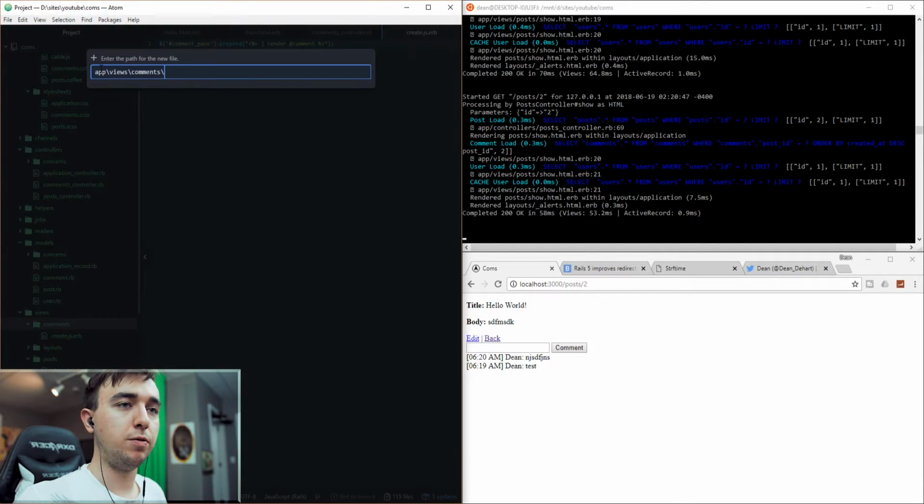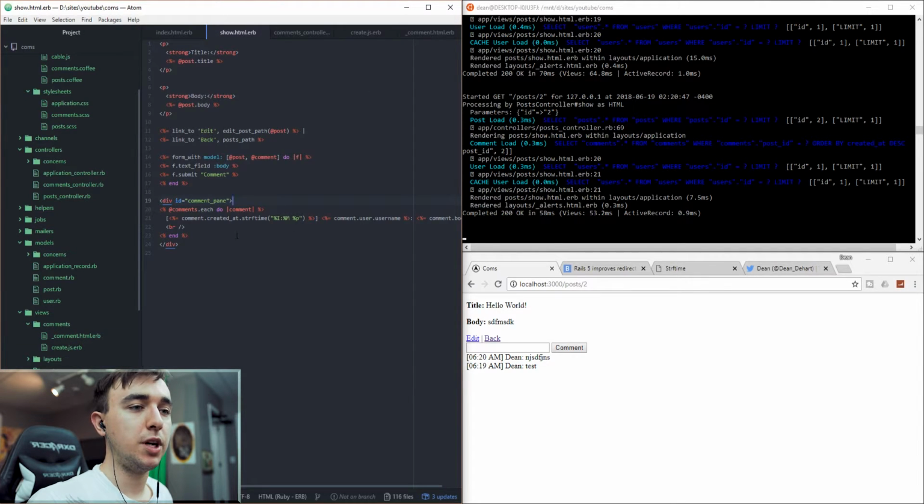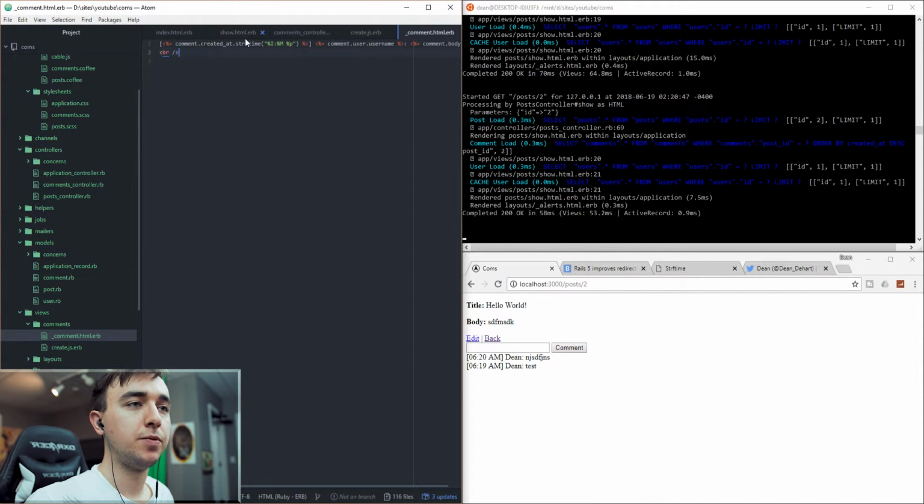So for this, we need to create a new file. We'll save this as _comment.html.erb. And now we want to put in some code in here that basically renders the comment that we have right here. And for this, we can actually just quite literally grab this, cut it out, paste it in here, save this,